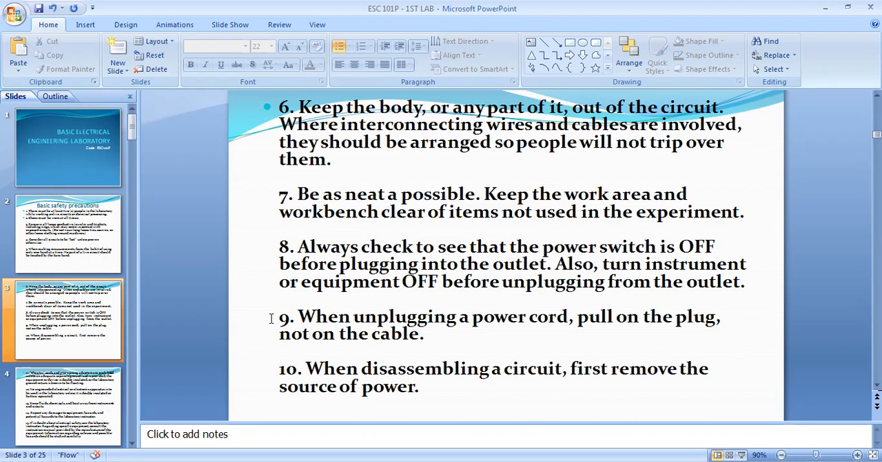Point number 9 is very important, and this is something we all do, not only at home, everywhere. Point number 9 says that when unplugging a power cord, pull the plug, not the cable. This is very important. In our house, when we charge a mobile, or switch on the television or refrigerator, then what do we do? If our father or mother or brother or sister tells us to unplug the refrigerator because there is thundering outside,